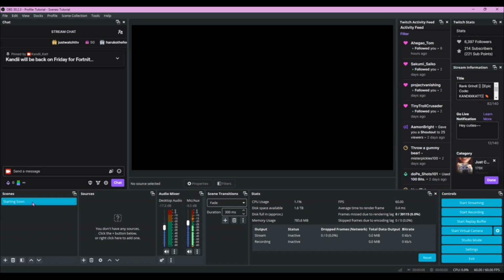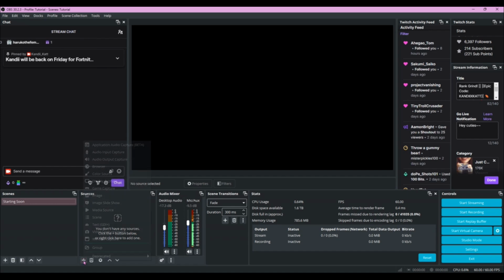So with your starting soon, you can go over to sources and you can add your overlay that goes to your starting soon. Say maybe you had some art commission or you bought an overlay package off of a website somewhere, and one of the main things is a starting soon screen. This is going to be the scene that you want to click on first when you're starting your stream, so that you can maybe play some music before letting everyone join in for a couple minutes, have the ads run,